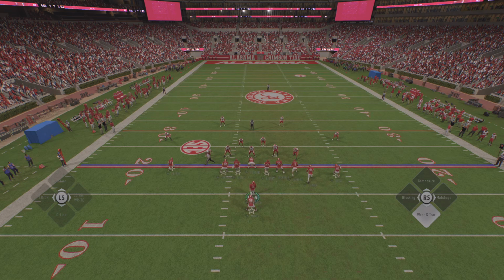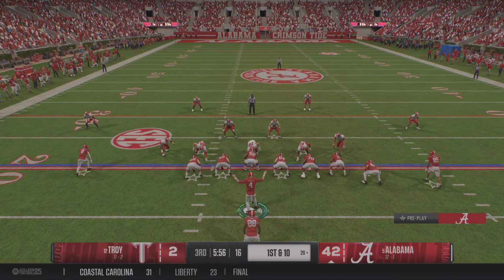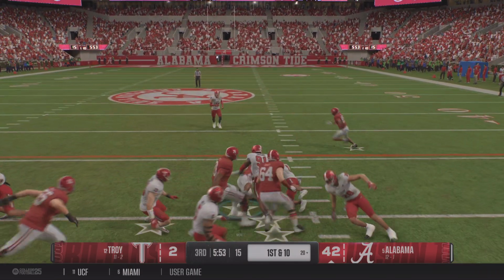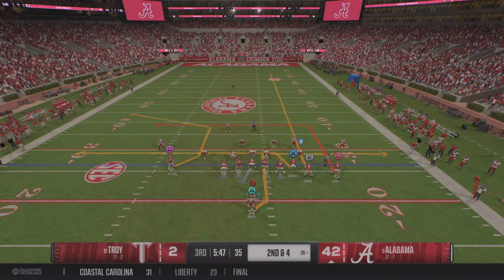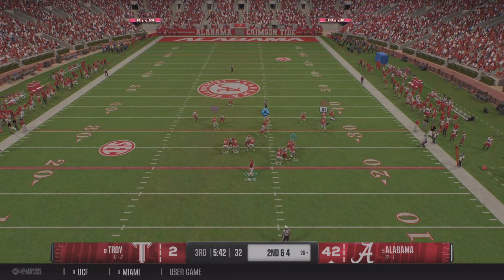Alabama's offense coming back onto the field. They take the field with serious momentum. They have been tough to stop so far. Can they keep it going? First play of the second half, they keep it on the ground. Great job by the offensive line here, opening up some holes and giving the running back room to run on first down. Plays like this can open up the playbook for the play caller, allow him to make that defense